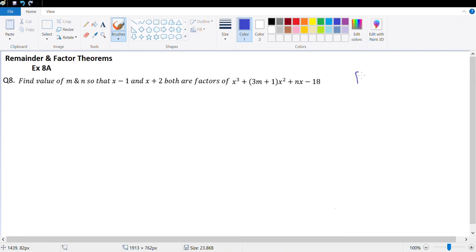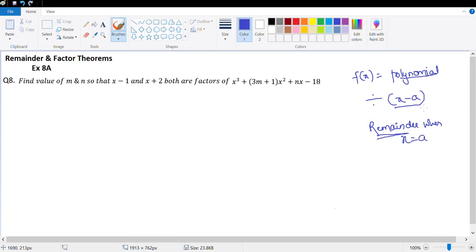So let's say f(x) is a polynomial, and you're dividing it by x minus a. Without actually dividing, you can figure out the remainder. The remainder will be the value of the polynomial when x is equal to a. So the remainder when the polynomial is divided by x minus a will be equal to the value of the polynomial when x is equal to a,